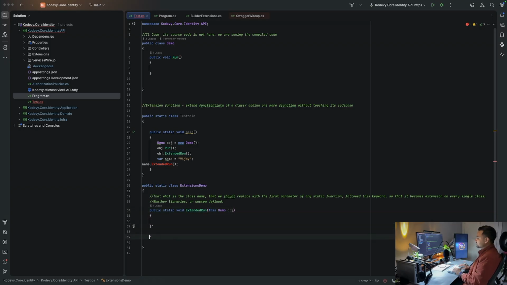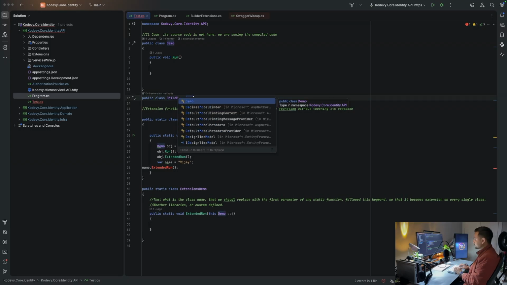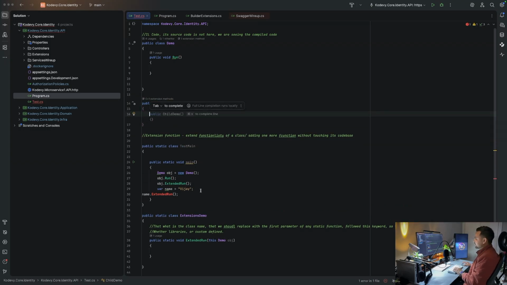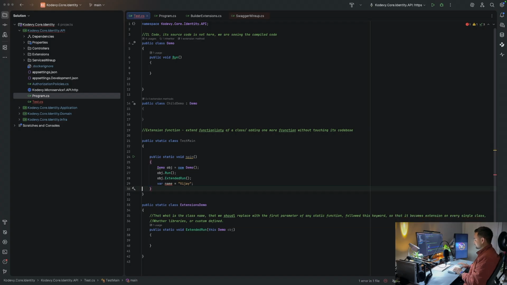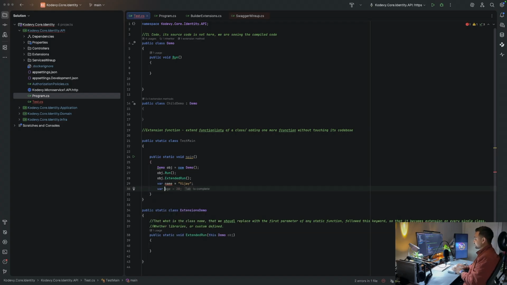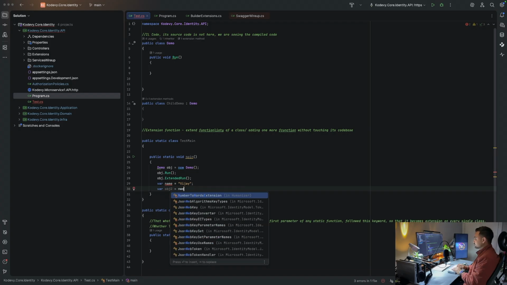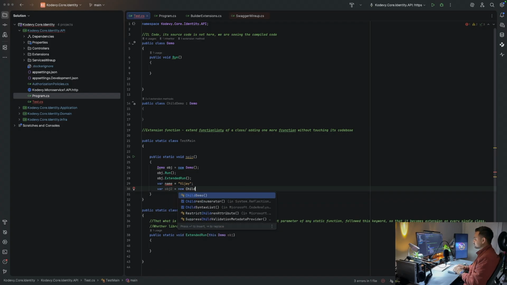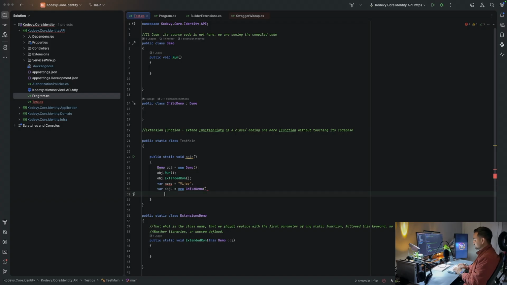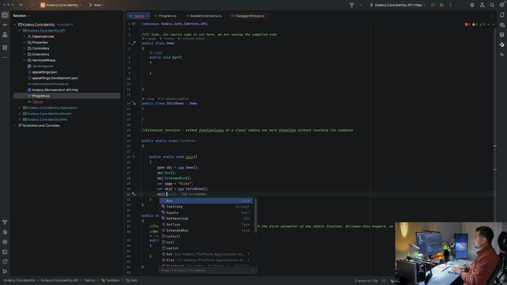Okay, so the simple thing is that let me show you one thing. Right now this is the function on the demo class. Let me do just one thing. I can say public class child demo. This is the child of the demo class, and I'm inheriting it from the demo class. And I'm creating an object of child demo here, so obj2 equals new child demo. Now I can say obj2, that means the object of the child demo class, obj2 dot extended run. See,